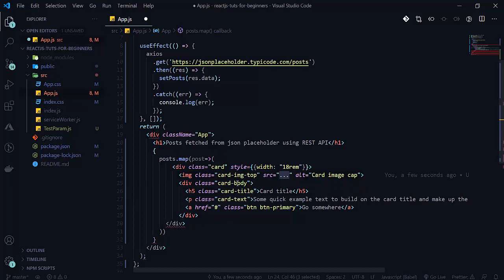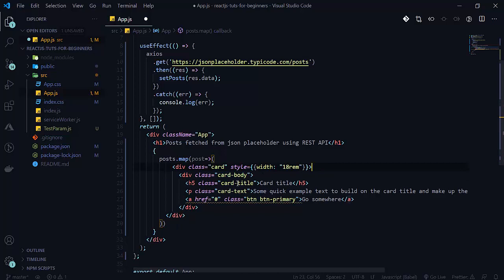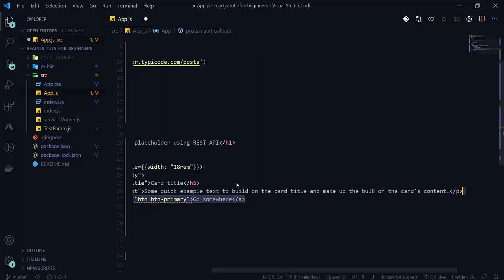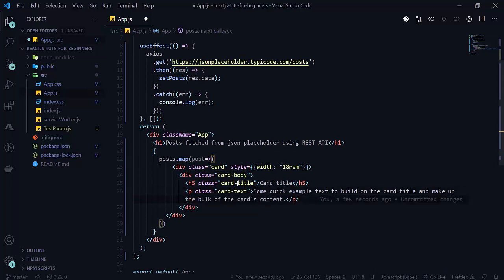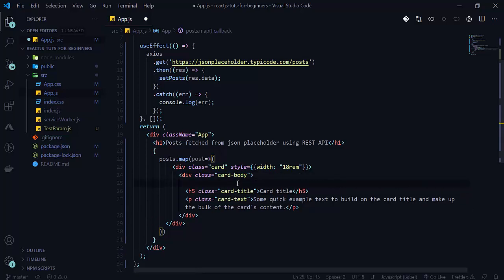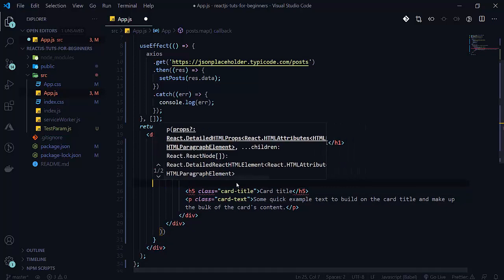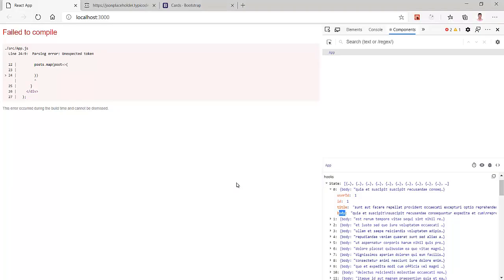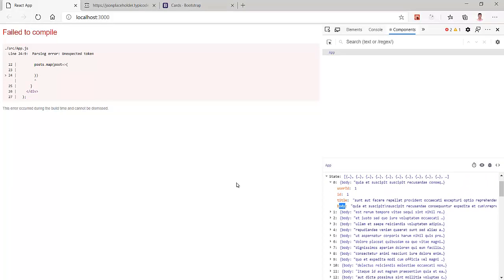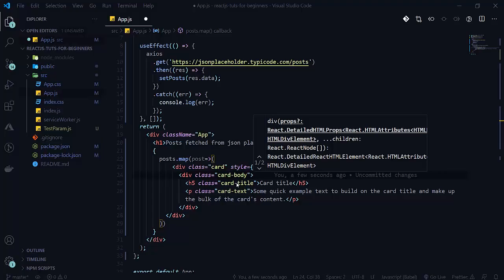So here we will add source. We don't need any image here. So here we will use the card title. What will be the card title here? First of all, let's add one more paragraph tag. So remove this now. So here what we want is our ID and then the title. I will print the ID, and after that I will print the title.